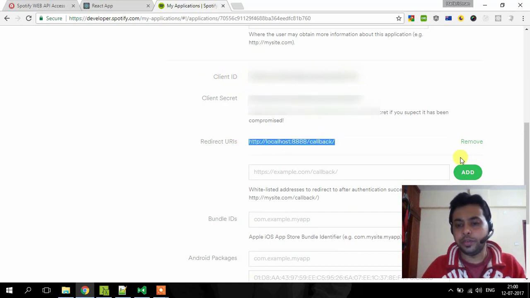If you're logging in for the first time, probably you will have to give this URL. It was not there. I checked the documentation for this, and they had recommended this URL, so I had put this URL. So once you have taken a note of these three things,